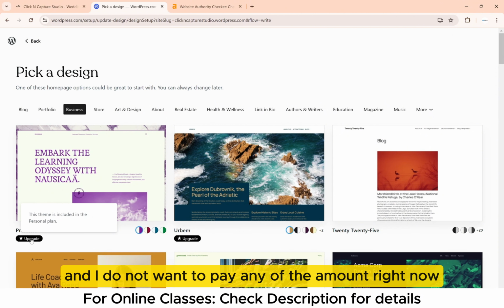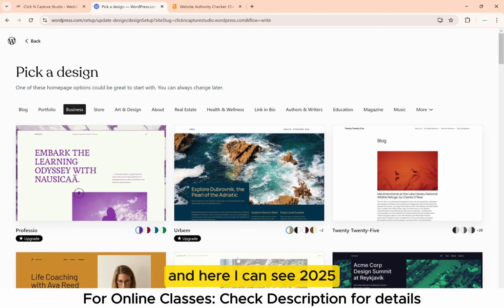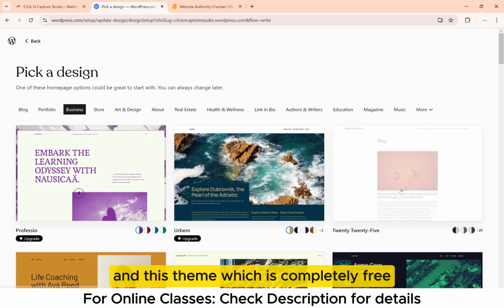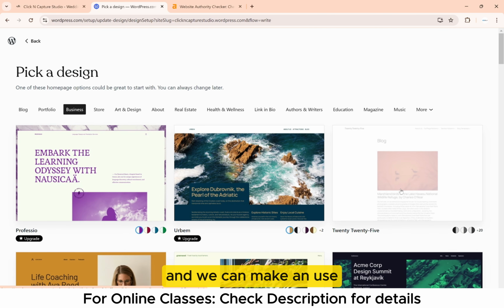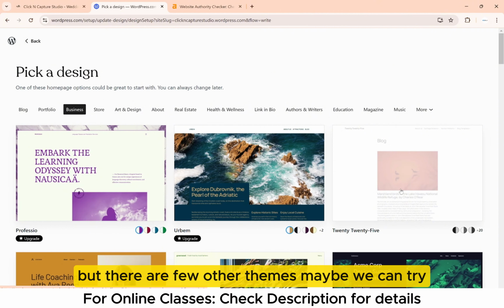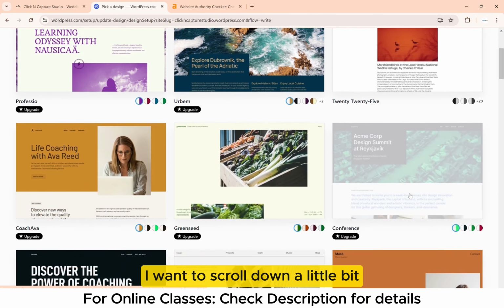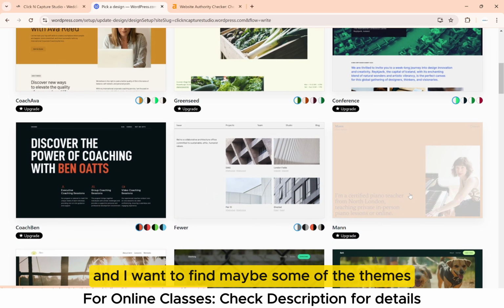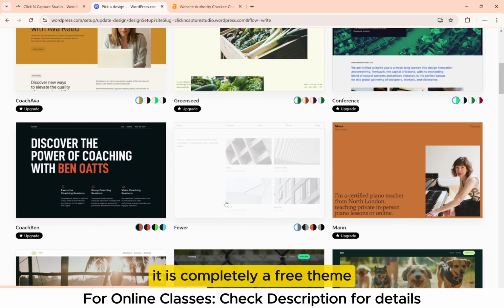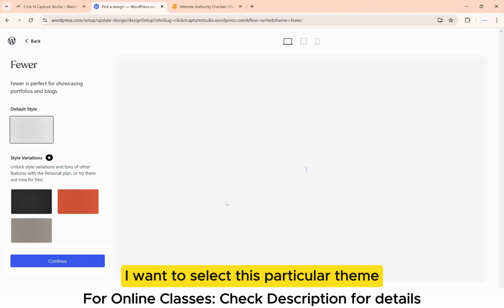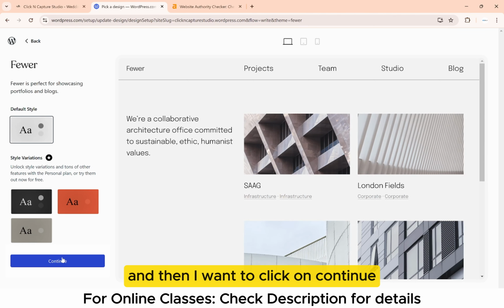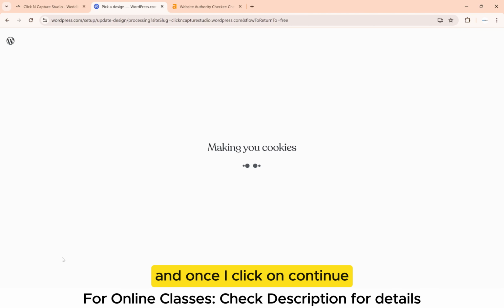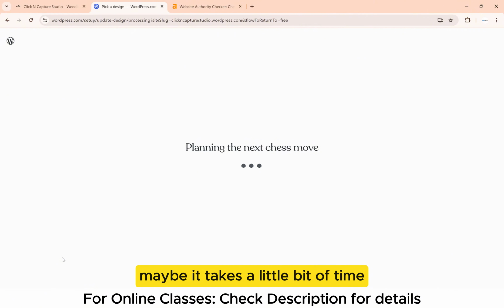And I do not want to pay any amount right now, and here I can see 2025 and this theme which is completely free and we can make use of. But there are a few other themes we can try. I want to scroll down a little bit and find some of the themes which are really free. And here I can see Fewer, it is a completely free theme. So I want to select this particular theme and then click on continue. And once I click on continue, it takes a little bit of time,